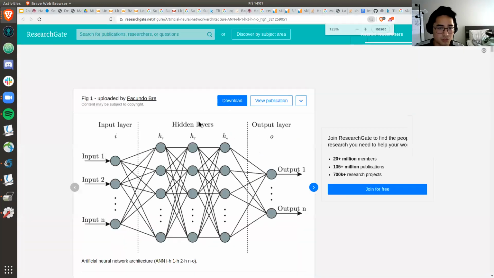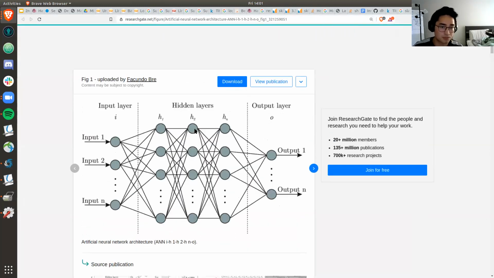So pretty much a neural network, there are different types of neural networks, but this is just a simple neural network, which we call a multi-layer perceptron. Basically, it has an input layer, which takes in the data set. It has hidden layers, which is basically the process where it learns from the data set that you input, and then it tries to update the model parameters, which is the theta. But in neural networks, in general we refer to it as W, which stands for weights. And then we have an output layer.